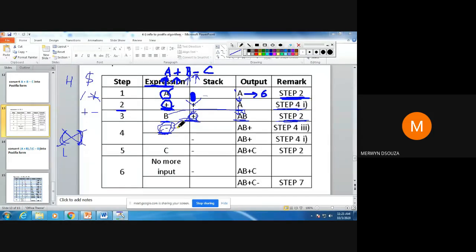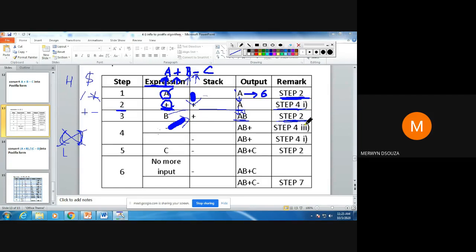So we cannot do step 4.3. Step 4.3 we could have done if this minus sign had a higher priority than what was there on the top of the stack. If this had a higher priority than top of the stack, then I would have done step 4.3.